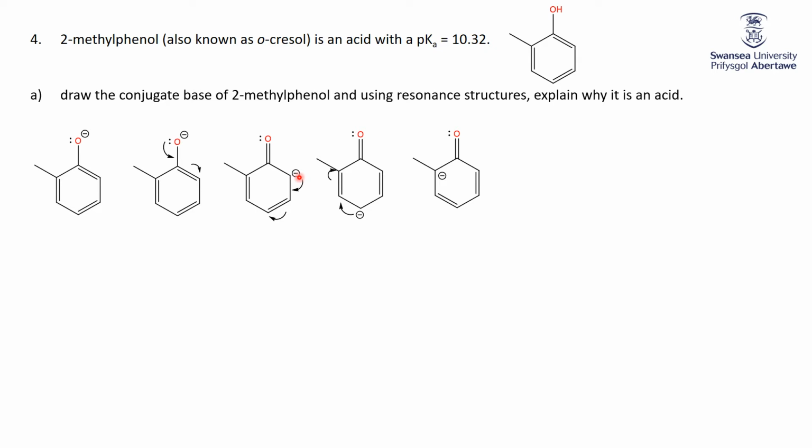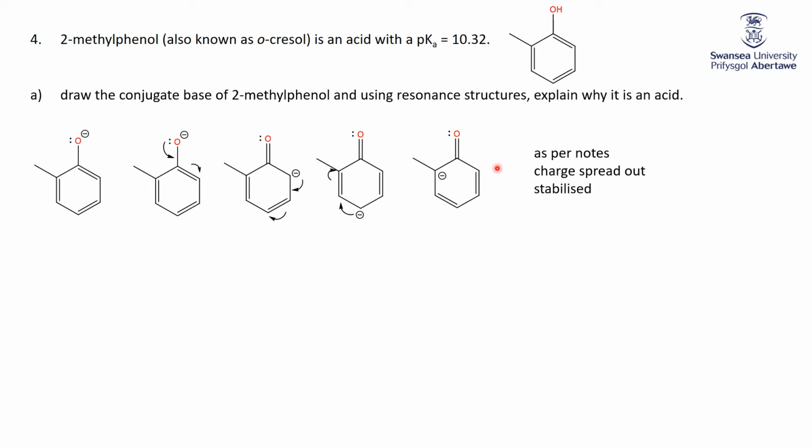So we're sharing the negative charge already between the oxygen and carbon 2. Carbon 2 can say, I've got this bounty of electrons, why don't I share them with carbon 3? At which point carbon 3 tells carbon 4, get lost and take your electrons with you. So now we've got this resonance structure in which the negative charge is on carbon 4. And carbon 4 can do the same thing and say to carbon 5, share my electrons with me, at which point carbon 5 will say to carbon 6, take those extra pi electrons yourself, put the negative charge there. So as we saw in our notes, charge spread out, thus the conjugate base is stabilized,